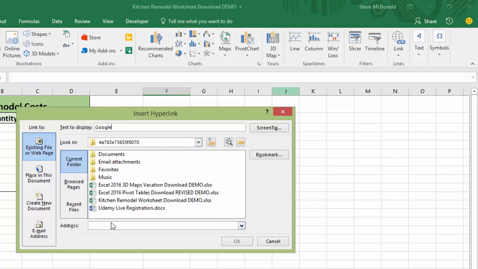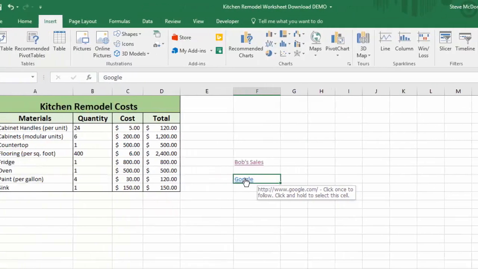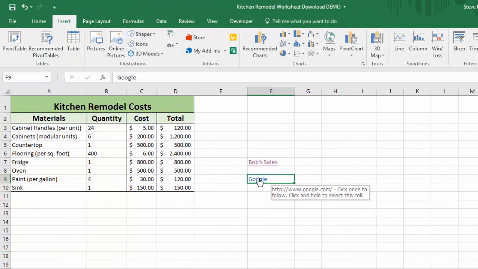Put that there, type the address www.google.com, and it pre-populated it because it recognizes it. Click OK, and now when you click on this, it'll just take you to Google. And notice this little screen tip here where it says click once to follow, click and hold to select this